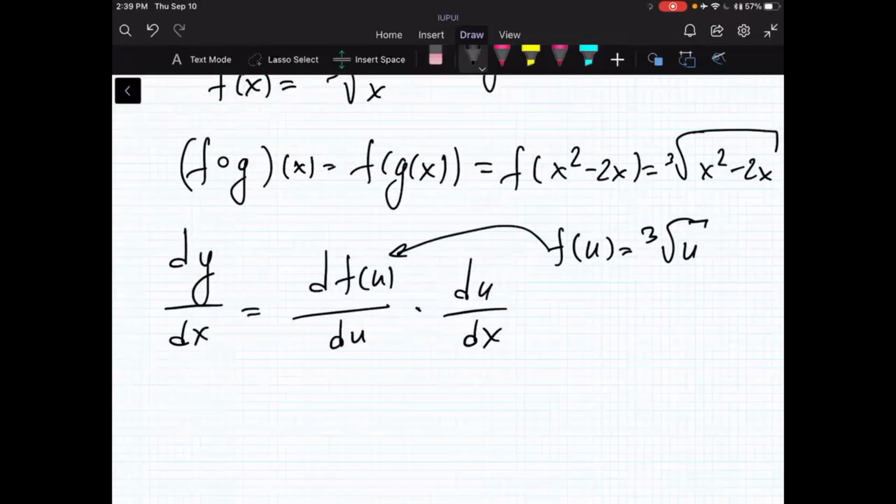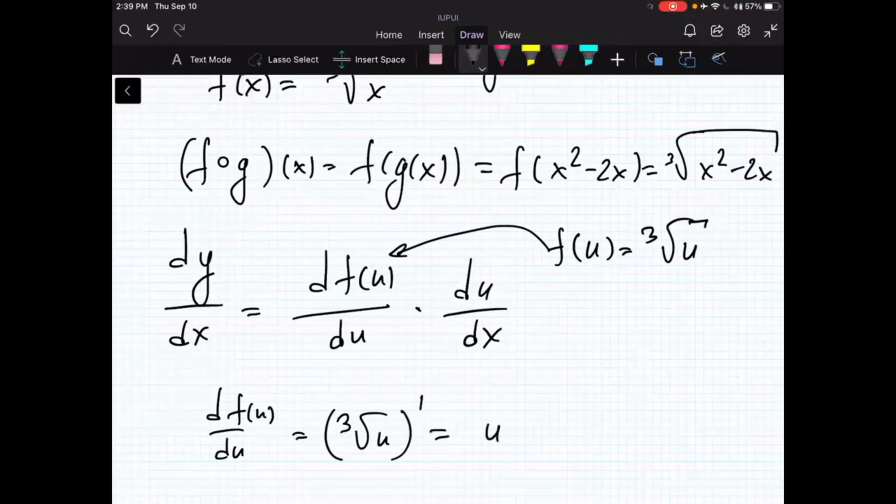So what will be df over du? It is the derivative of such a function, which is the same as u to the power 1/3. And again, in some sense, it is the generalized power rule. So it gives me 1/3 u to the power 1/3 minus 1, times, and that's it, because